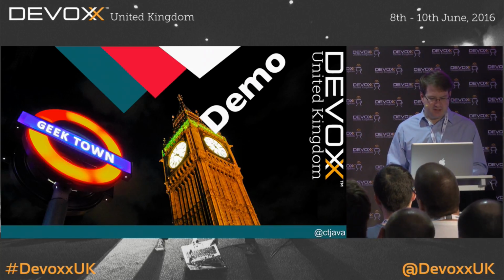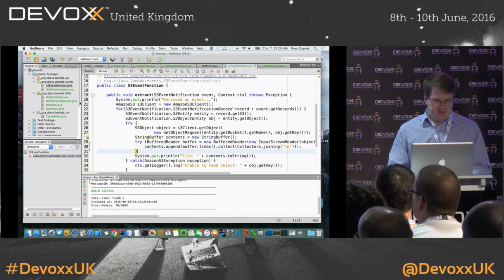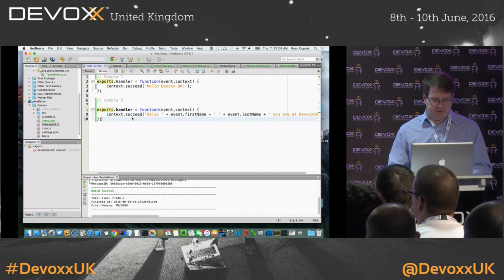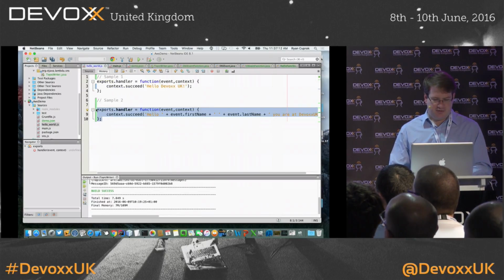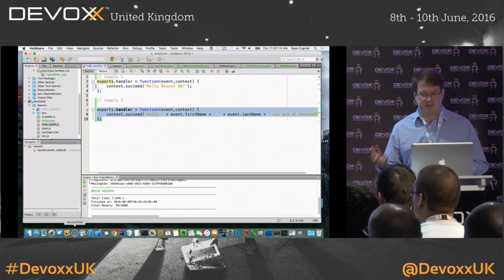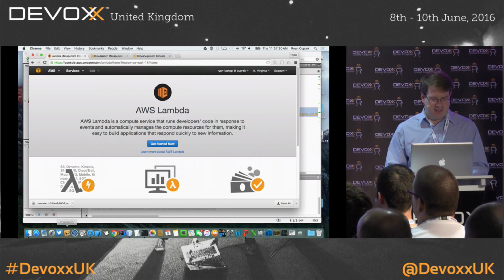Let's look at some code and actually create a Lambda function. I'm going to start off with the canonical hello world, and we're going to do the first one in JavaScript just because that's easy to deploy, and then I'll go over a Java example which I've already preloaded up there. So if I go back to Amazon,